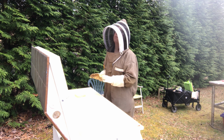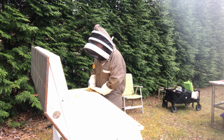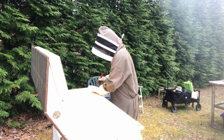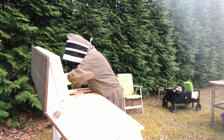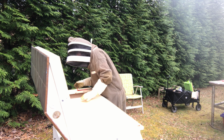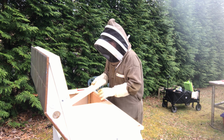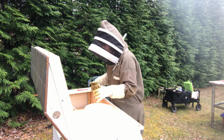So, I haven't been in here since I split this hive. I really don't know what I'm going to find. I know when they were in here freaking out, being locked up for 3 days, there was a bunch over here on this area. So let's see what's happening. There's some dead on the side, which I'm not surprised about. And we only have a few frames, so it's not like,